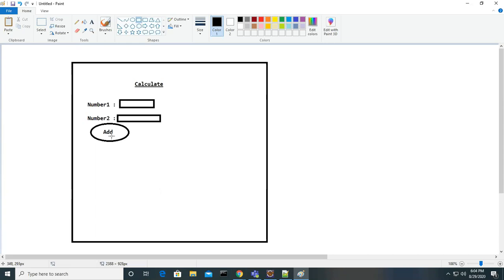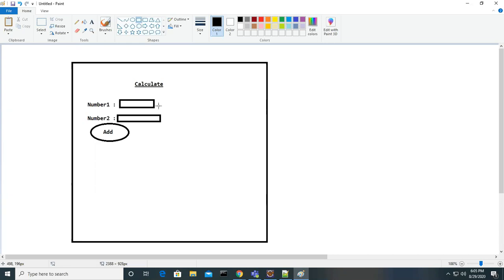I mean, when I click on the add button, the request has to go to the server. The server has to process the calculation; addition has to be done at the server level, and in the response I need the addition of these two numbers. With this we can understand how the request goes and the response comes back.